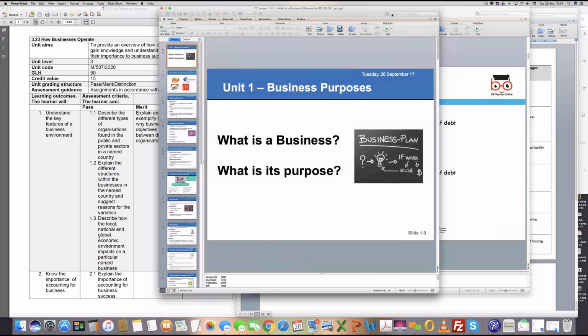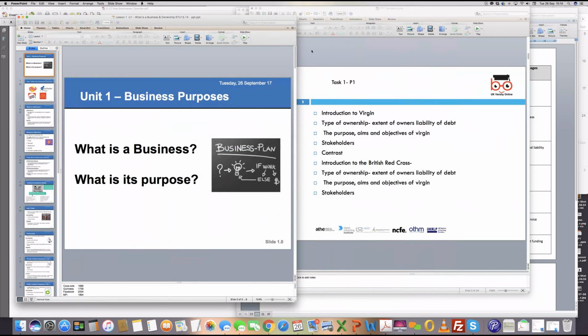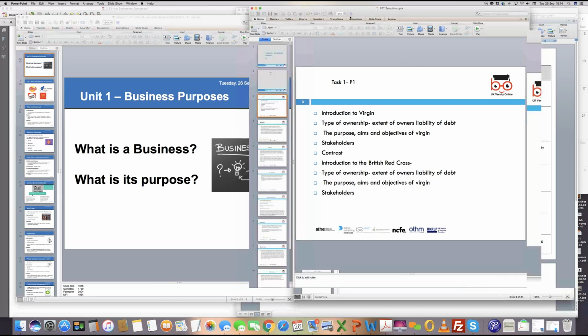So I'm going to send you 2 presentations, but we are going to discuss from a point of view of doing it here on the session. We'll discuss a shorter version. And I'm going to start off with a few basic questions like what is a business? What is its purpose? Okay. Just to get into a bit of discussion. So when we look at,